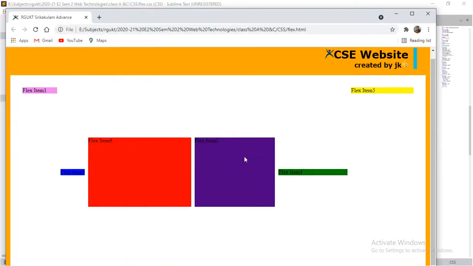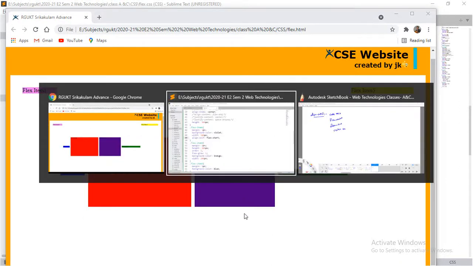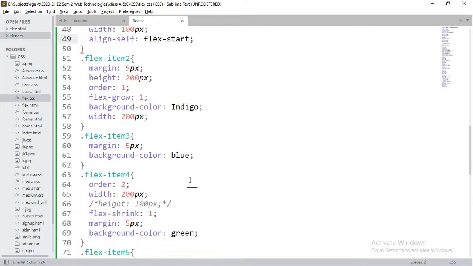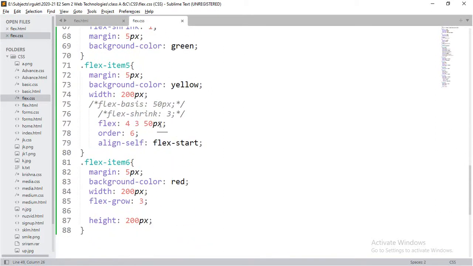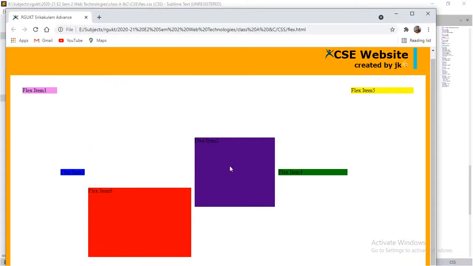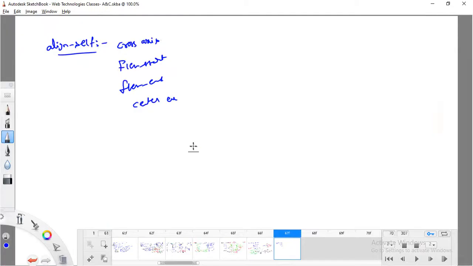I would like to send flex item 2 to the bottom side. Flex item 6 to the bottom side. Observe. Fine. Like this, you can arrange the individual items with the help of the align self property. These are some of the properties which are defined for flex items.